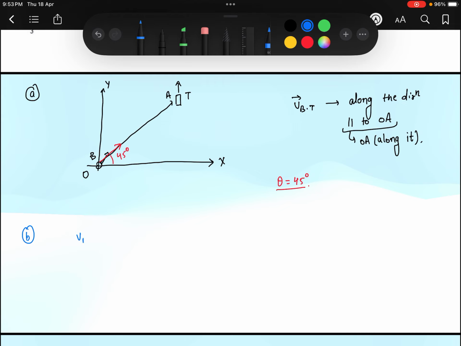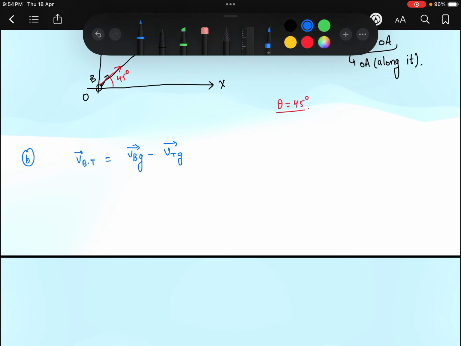Velocity of this ball with respect to trolley, we can write, is velocity of ball with respect to ground minus velocity of trolley with respect to ground. So from equation 1 and 2 I will substitute the values. Here I will get